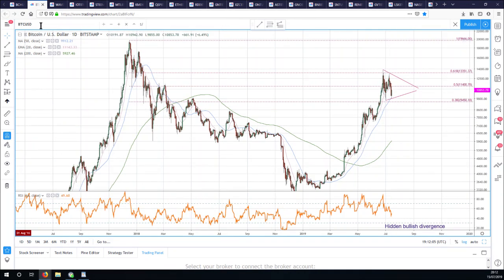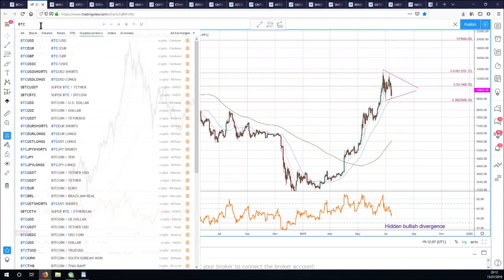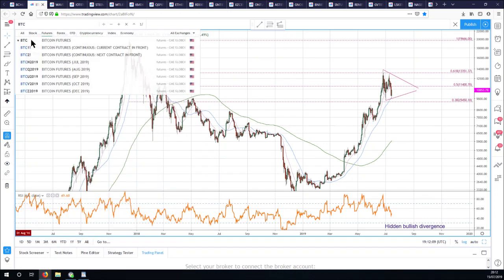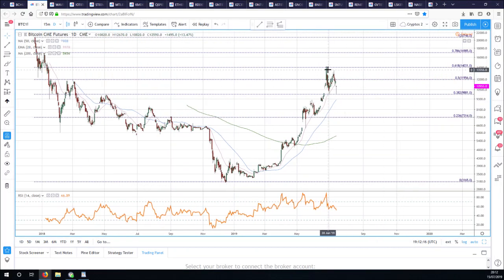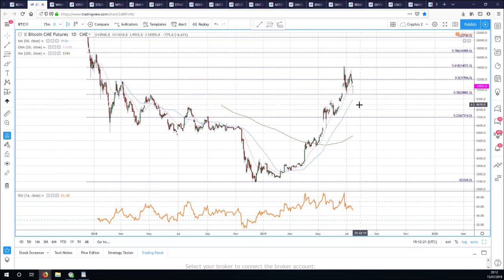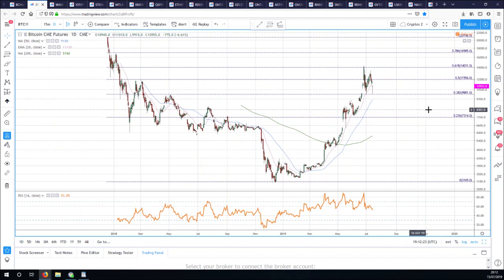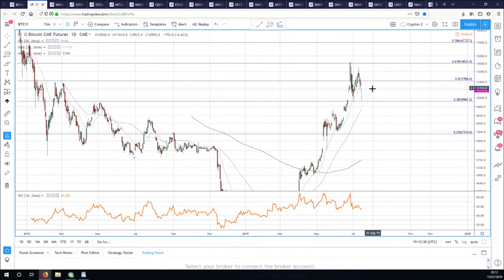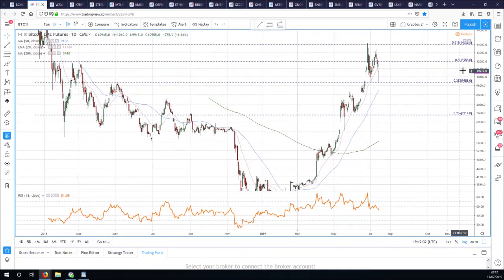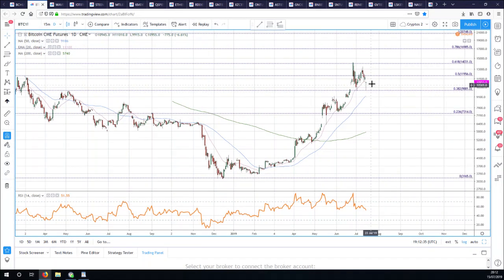I'm going to say that the futures are a better chart, because if we look at the Bitcoin futures chart, you will see that from the 61.8, 38.2, we actually did that swing 618, 382 perfectly. So that looks pretty good. And in fact, in the Bitcoin futures, we're nowhere near that 50 moving average, and we're still in a pretty strong uptrend. And if we close much higher, we'll be back above that 20 moving average again. No bother. In fact, today's candle is wildly bullish in the futures.